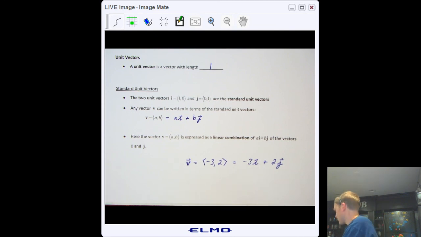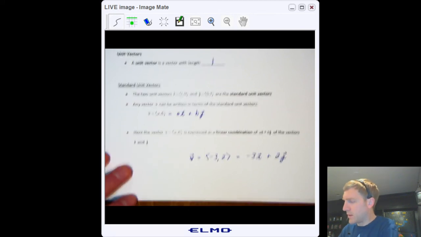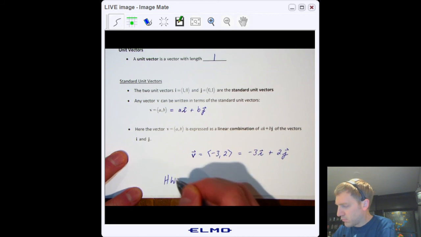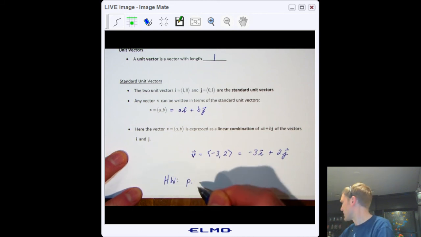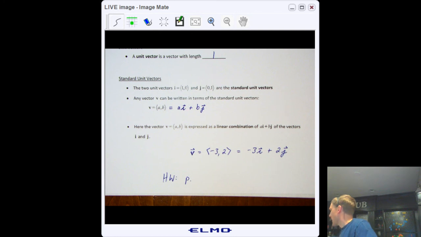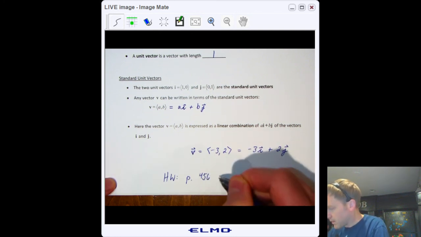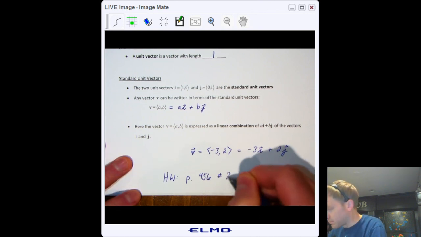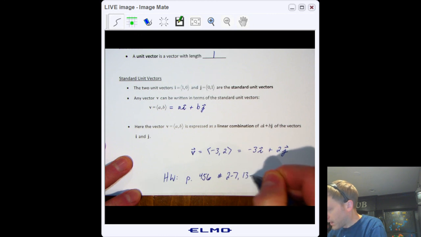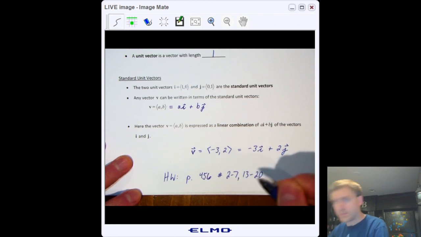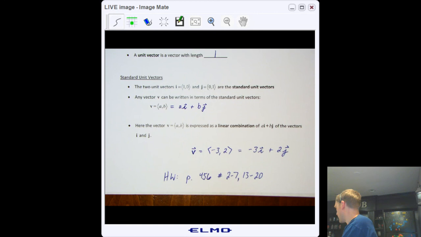So your homework now. The first homework that I want to give you from the textbook is on page 456. Please do problem numbers 2 through 7 and 13 through 20. Okay. So now, real quick,